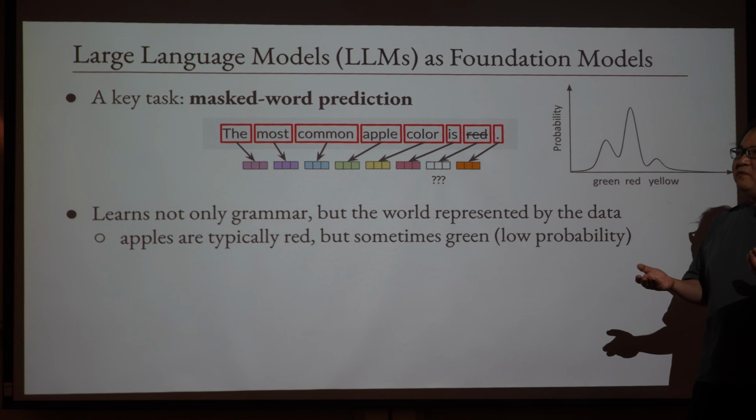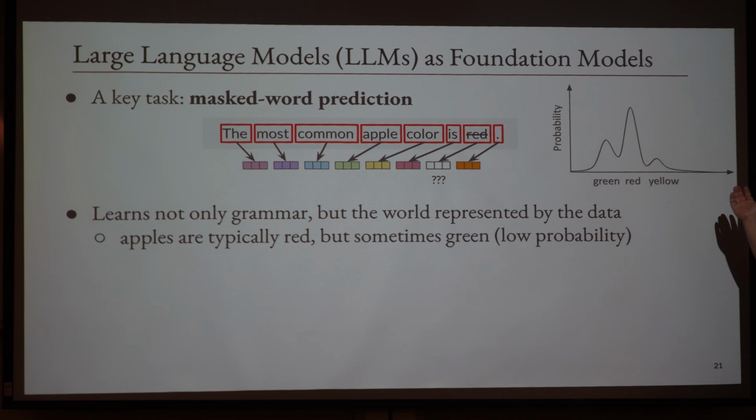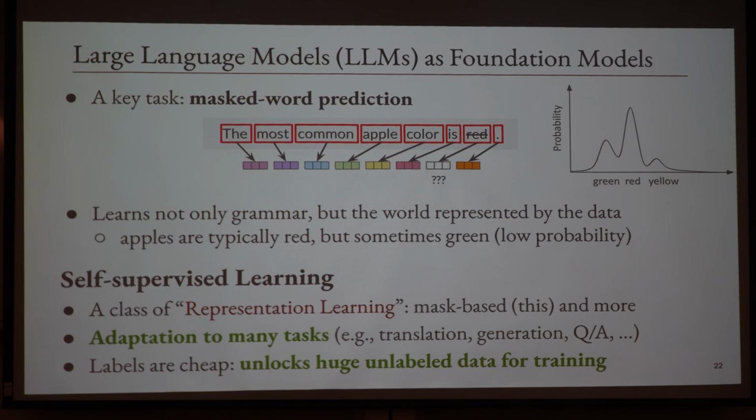It tries to learn the probability distribution that describes our world, right? Because those English sentences in the corpus describe our world. So this way, the model is not only learning English grammar, but it also learns about our world. As a result, if you ask this model questions, it can answer them with common